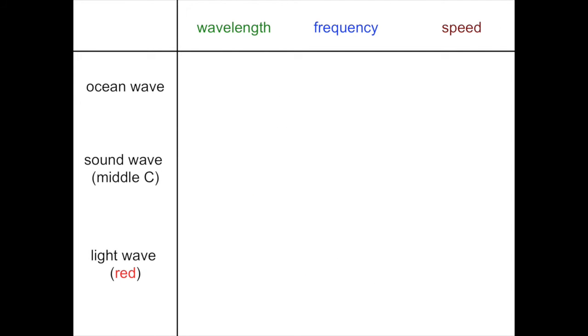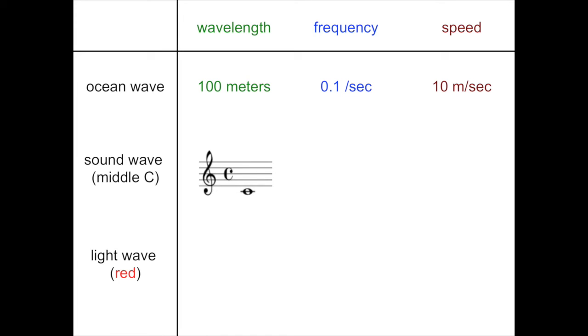Let's make a little table comparing the wavelength, frequencies, and speeds of ocean waves, sound waves, and light waves. Typical wavelength of an ocean wave is about 100 meters. That's a relatively calm ocean. The frequency at which those waves pass is about 1/10 of a wave per second. It takes about 10 seconds for one wave to pass, trough to trough. Therefore, the speed is 100 meters times 1/10 per second. A typical open ocean wave speed is approximately 10 meters per second. So wavelength times frequency equals speed, and this accords with our observation of how fast water waves might pass by in the open ocean.